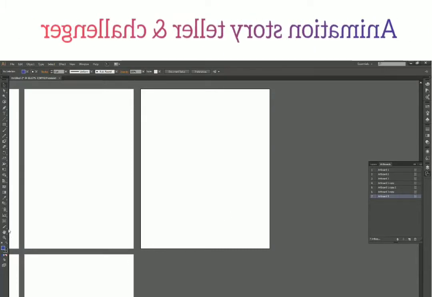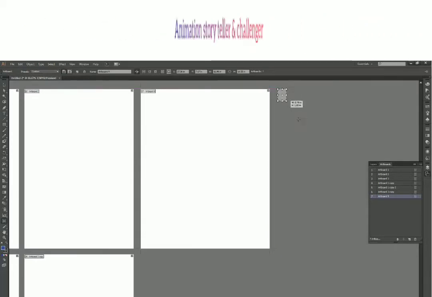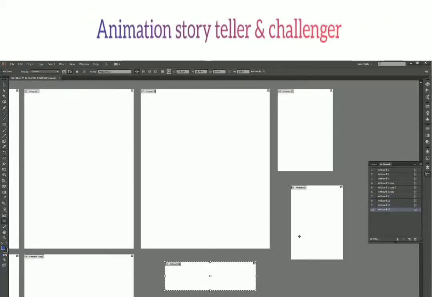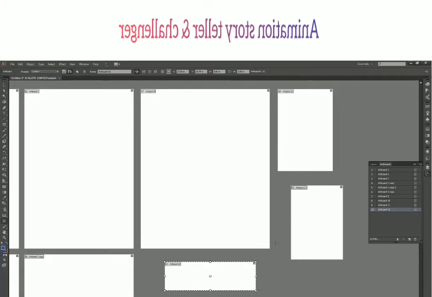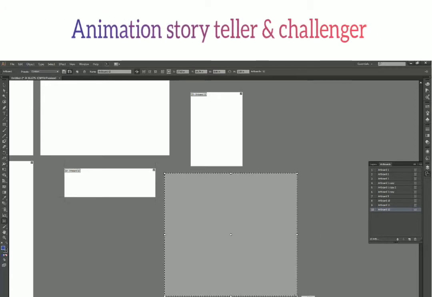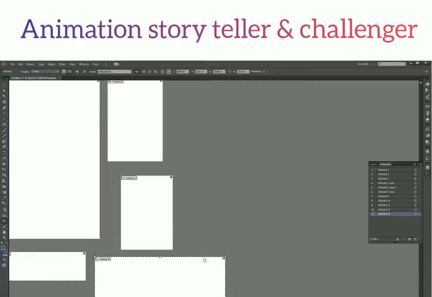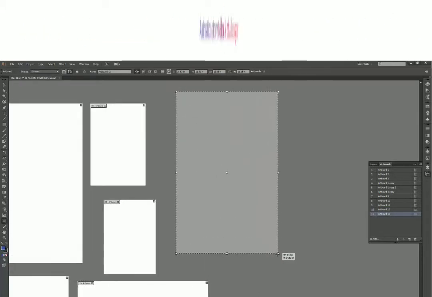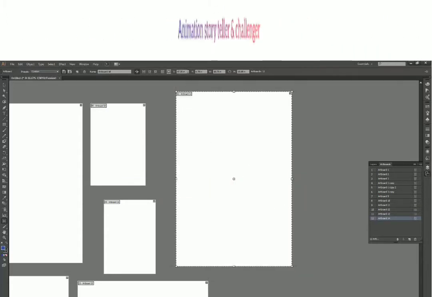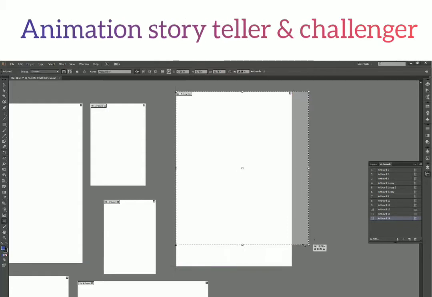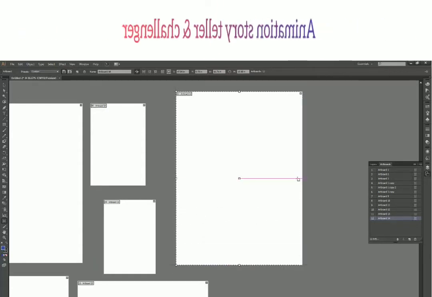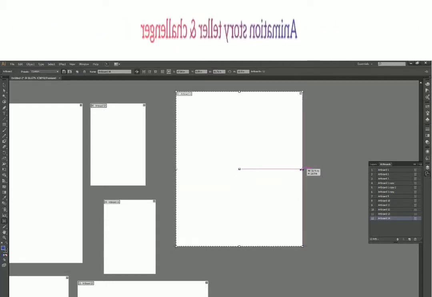The other option we get with the artboard tool is that I can just click and drag and create new artboards. You can easily notice how convenient it is compared to the other options we have learned so far. You can just click and drag of any size and there is no problem at all. Moreover, if you want to change the size later, you can just change it from here, or you have your bounding box, so you can be very precise and accurate about your new size.